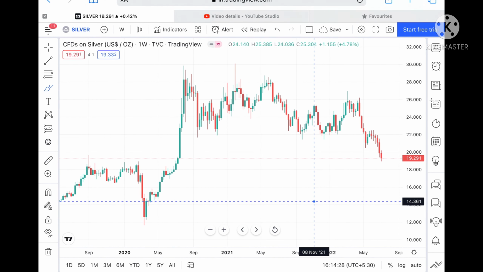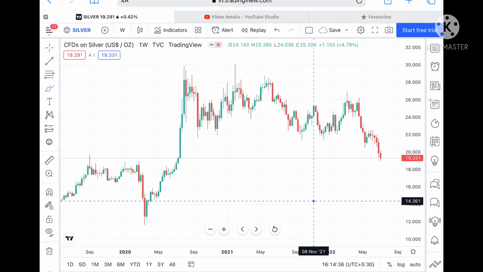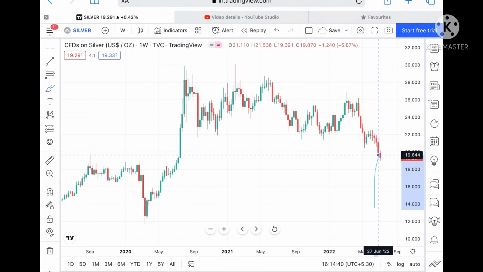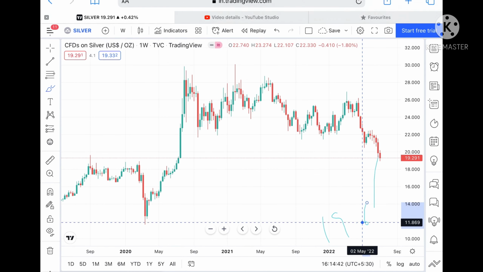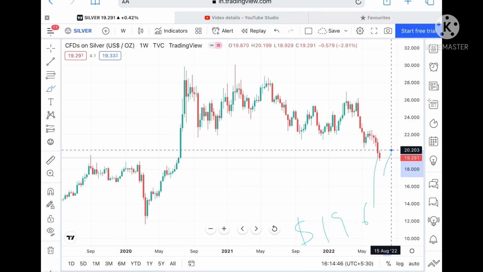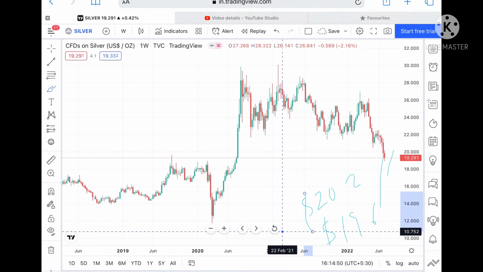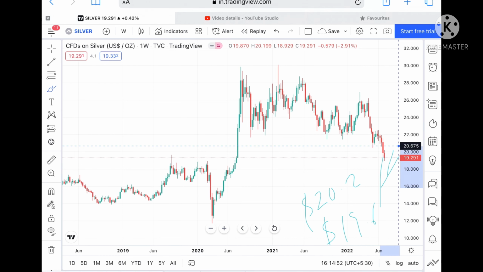Now, the market is uncertain. You cannot predict that it will go in that direction or this direction. We can only see a probability. Suppose this level sustains, we can see it move to a level of $19.6. And if the price goes above that level, then we can see it touch a level of $20.2, and from there it can move further upside and touch a level of